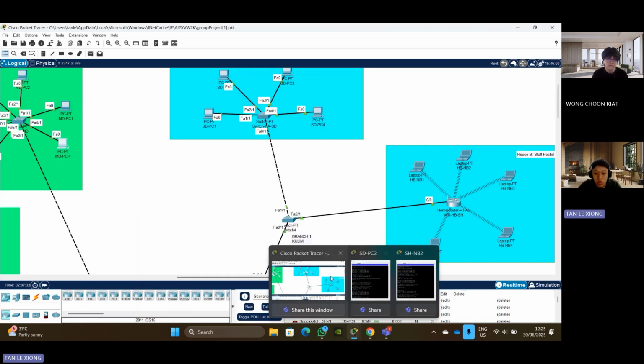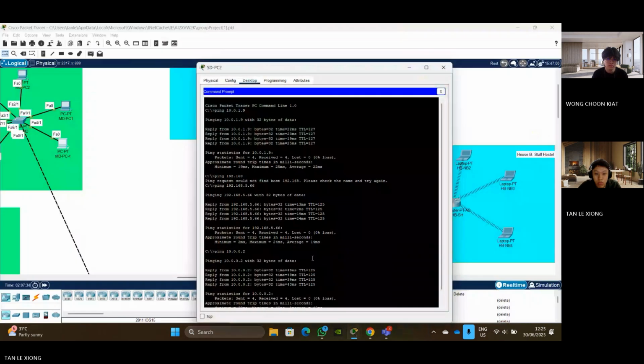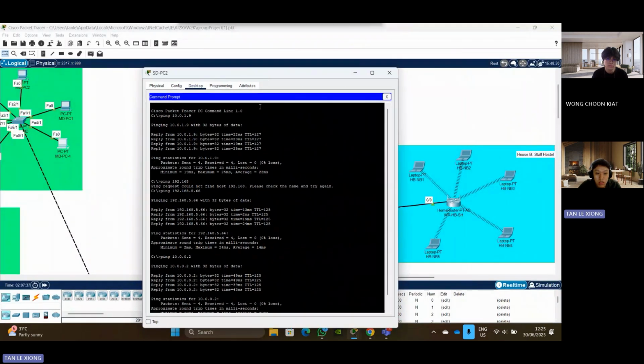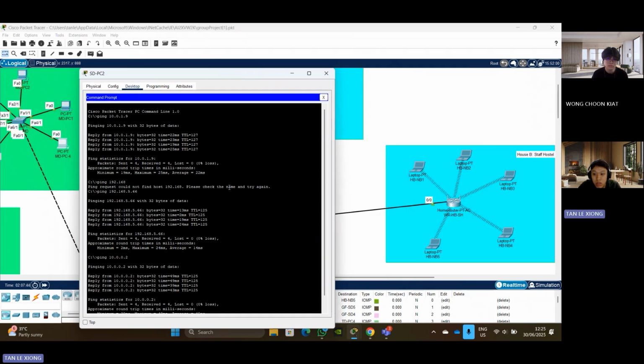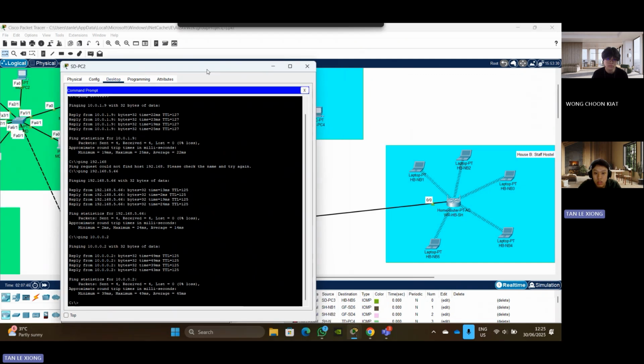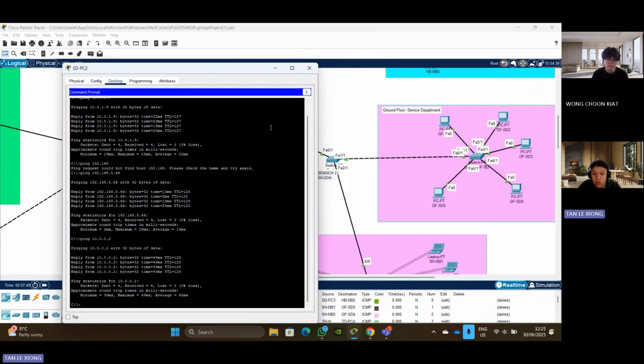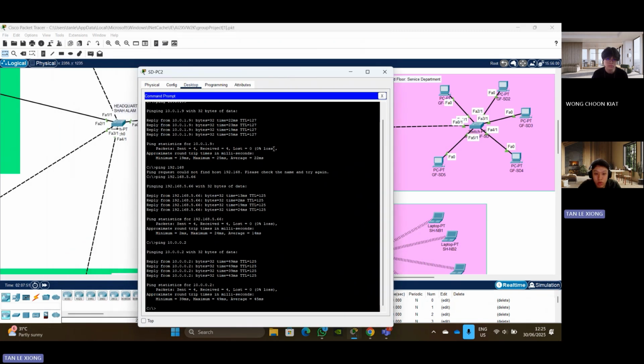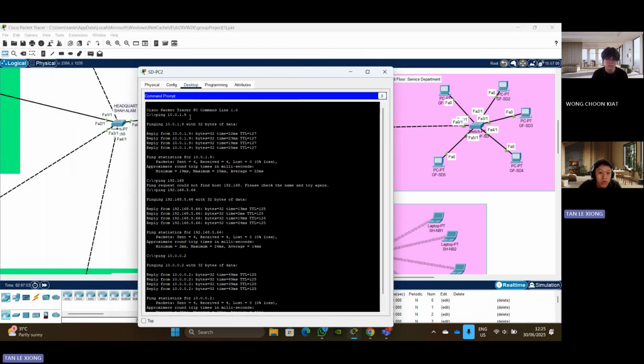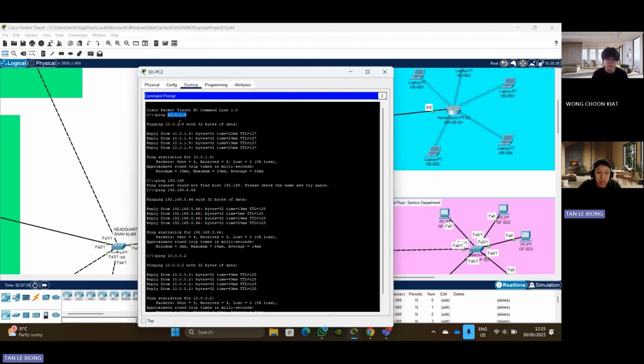And now we try to use the branch 1 host to ping one of the HQ PC hosts, and also branch 1 house B, and also one of the branch 2 PC hosts. And now this is house B for branch 1, and the IP address is